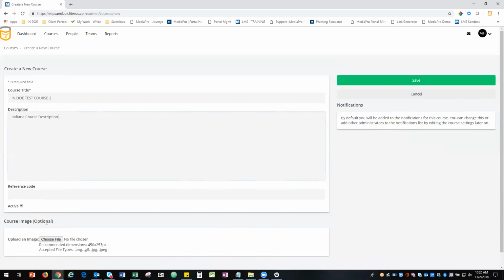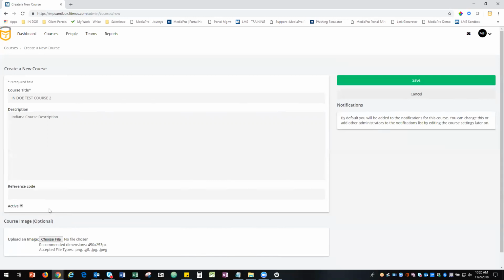That is something the users are going to see when they see their courses that have been assigned to them. Sometimes it's just nicer looking when you have those images. There's kind of a default image that goes with the course if you don't add one. So at this point, all we're doing is setting up the basics for the course. The important thing on this page is to keep in mind that this at the bottom is course image upload. It is not where you upload your